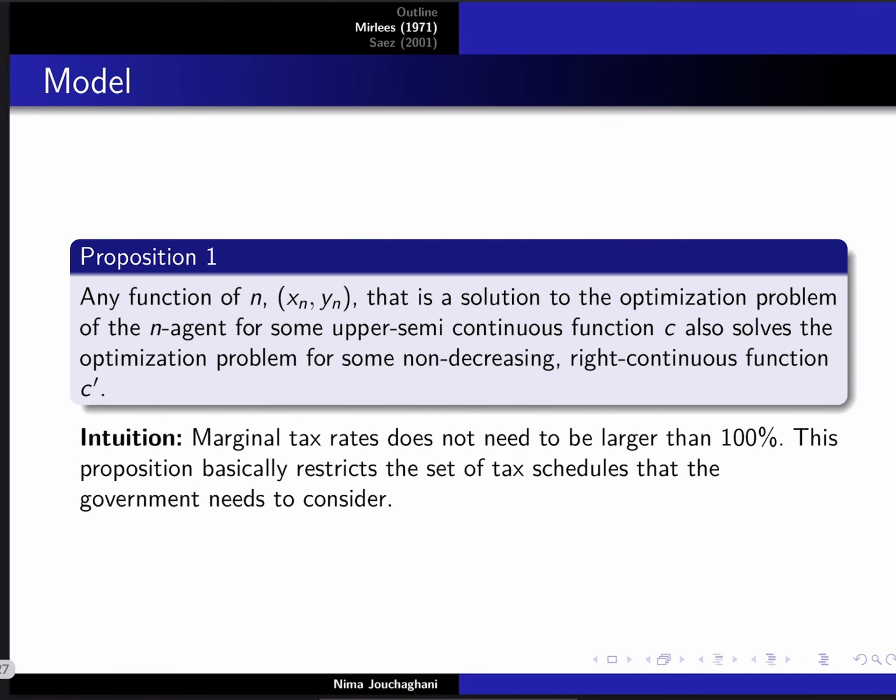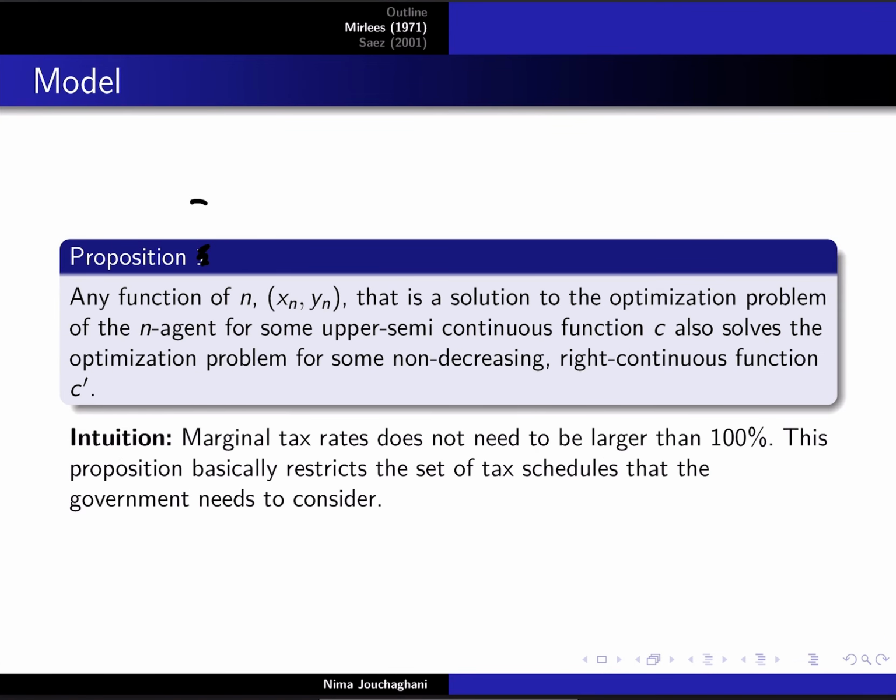This should be proposition 2 here, and not proposition 1. Sorry. Proposition 2. Any function of n, x and yn that is a solution to the optimization problem of the n agent for some upper semi-continuous function c also solves the optimization problem for some non-decreasing right continuous function c prime. And it's a little bit difficult to give an intuition for this, but the idea here is that